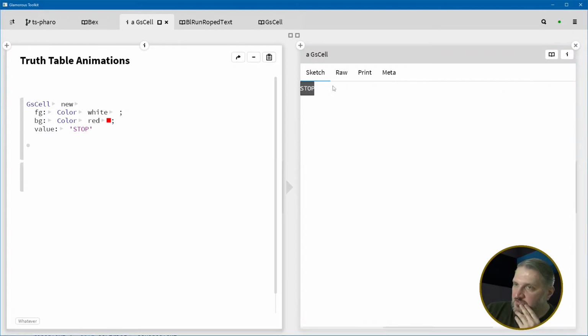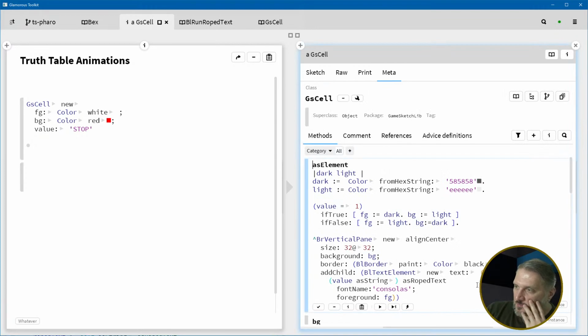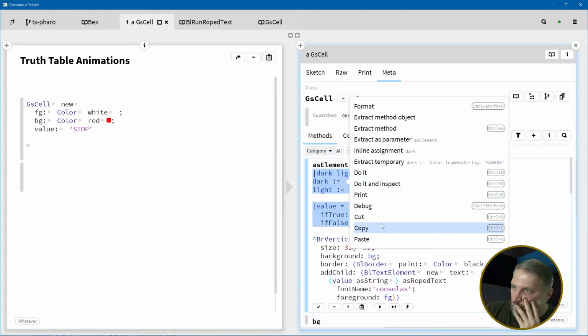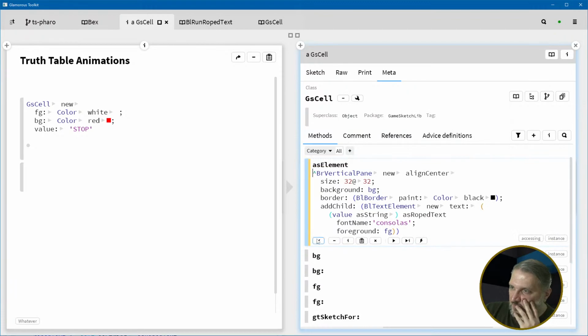So here we have a sketch. It does say stop, but it's not the right color because of what I said a minute ago. Because the background is BG and not this. So this can go away. All this can go away. Not go away completely, but we're gonna take it out of this class. And then down here we'll put